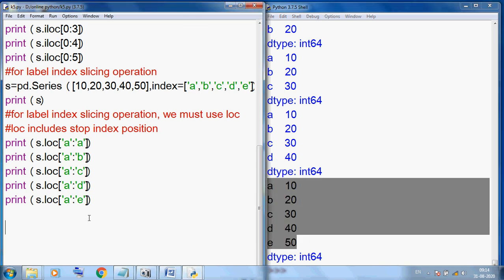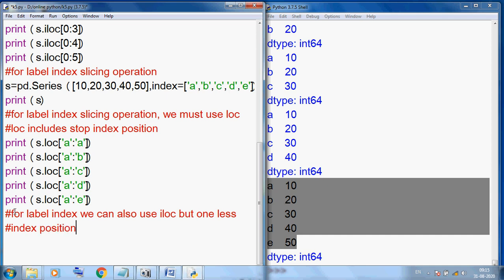Okay. In label index we can also use iloc. For label index we can also use iloc, but with one less index position.